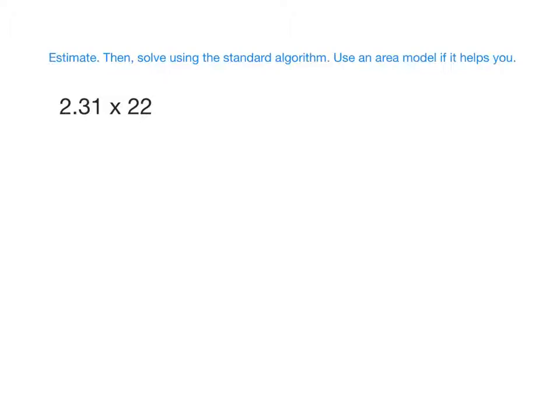Okay, so let's first estimate. Go ahead and write 2.31 times 22. Let's estimate. 2.31 is pretty close to what factor? 2. 22 is pretty close to what factor? 20. Okay, so 2 times 20 is? 40. Okay, so let's go ahead and write that first. So if our final answer is in the range of 40,